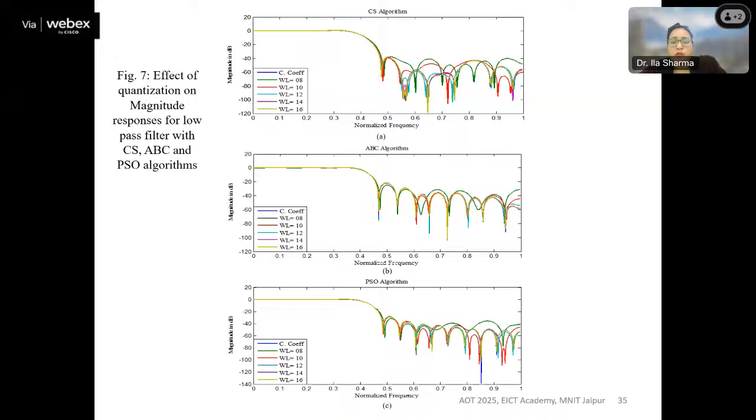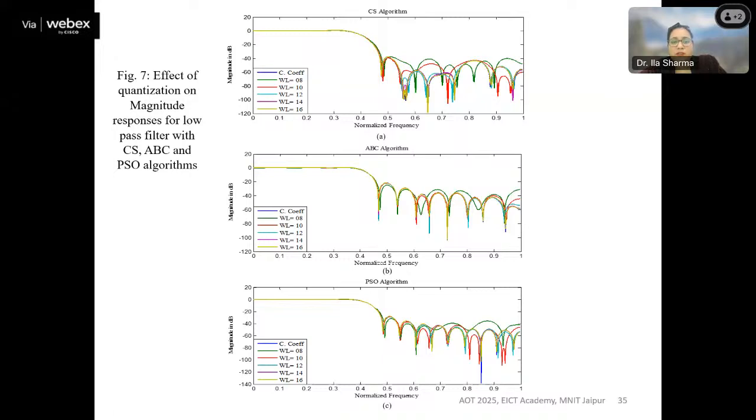Now you want to limit it to a desired number of decimal points. This is called word length. Like you have 0.0020 till 10 to the power 12, so you will have a word length of 12. Similarly, you can have a word length of 14, 16, or 8. So you are restricting your coefficient values to different lengths.